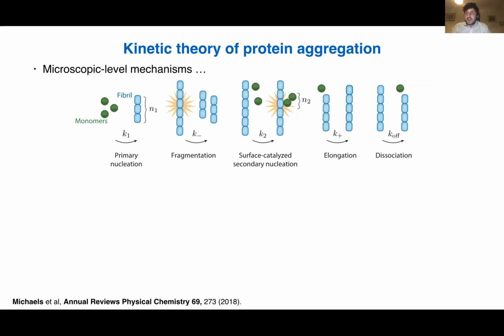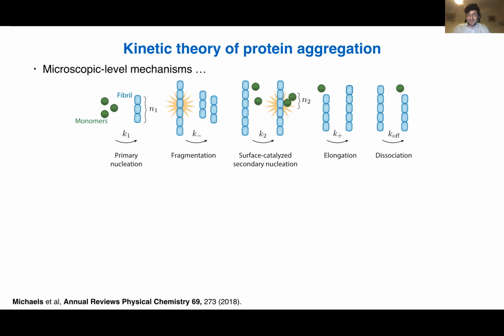And if you want to be very general in this description, then you also have to account for processes that generate aggregates from a combination of monomers and aggregates. And one such example is surface catalyzed secondary nucleation, whereby the presence of existing filaments can catalyze on the surface the formation or the nucleation of new aggregates, a little bit like in heterogeneous nucleation. And so with these steps, we are really covering the set of all possible mechanisms by which you can form aggregates, either from the monomers alone in primary nucleation, from the aggregates alone in fragmentation, or from a combination of monomers and